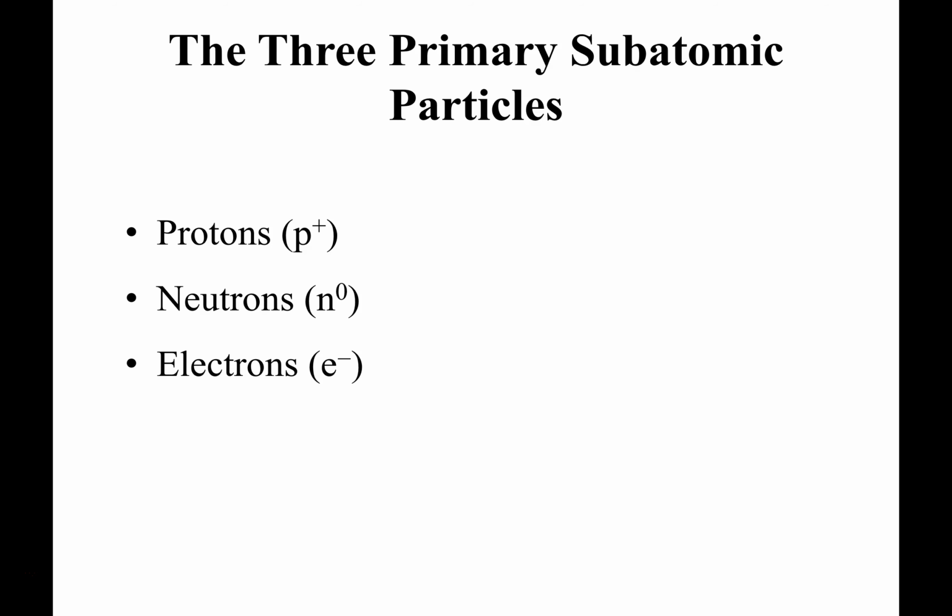All right. So, the 3 little pieces of an atom you need to know. And again, I might have mentioned that in physics, they break these down further. We're just going to talk about the protons, the neutrons, and electrons. And you'll see this symbol, this convention. Protons: the letter lowercase p, with a little plus for the charge. Neutrons have 0 charge, which is why the superscript for a neutron is a 0. Electrons have a negative charge, so lowercase e and a superscript negative. It's nice the way this works out, that the charges of a proton, positive, and an electron, negative, are actually the same magnitude. It works out well.